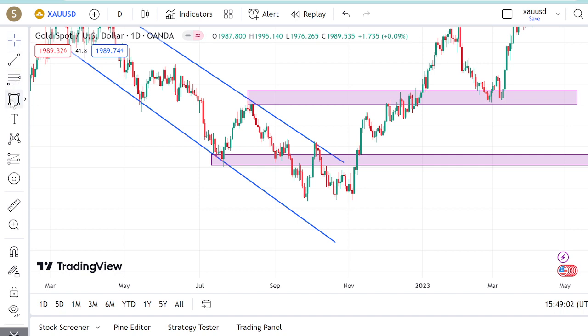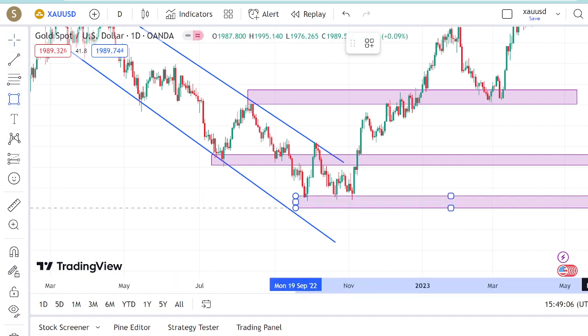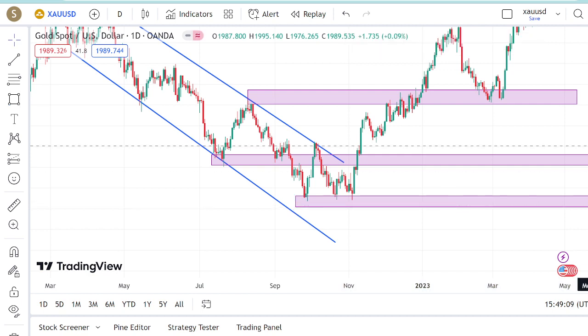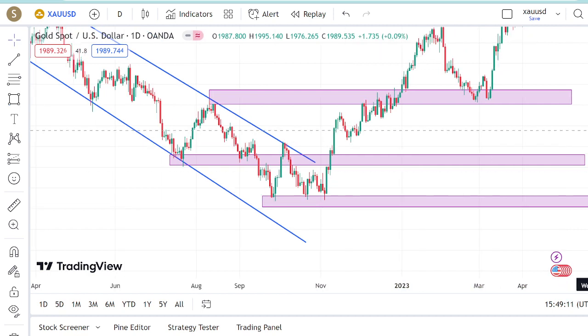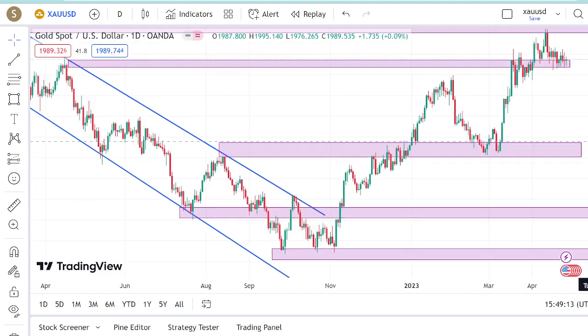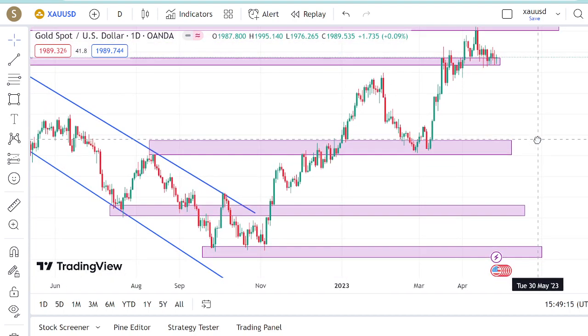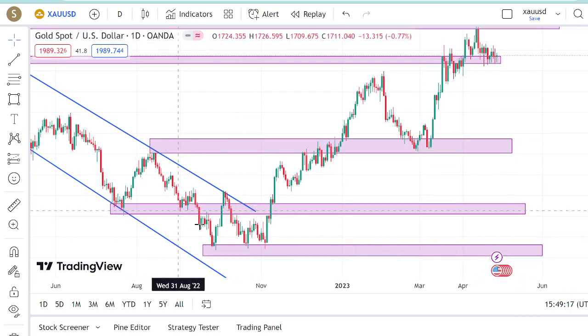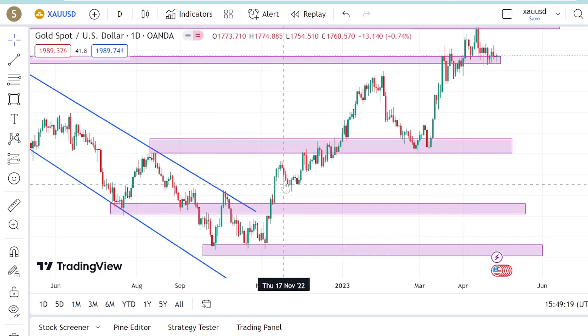So you are going to identify that particular area also. You are going to identify it so that you have a clear vision of what is going to happen in the market in the next couple of days. You see now, we have the market that fell from this aspect and it moved on an uptrend up